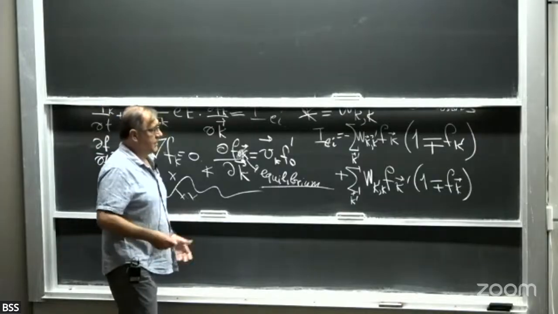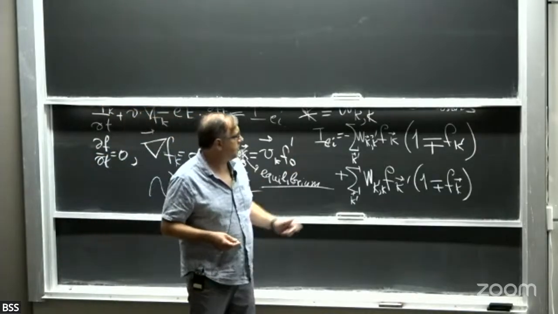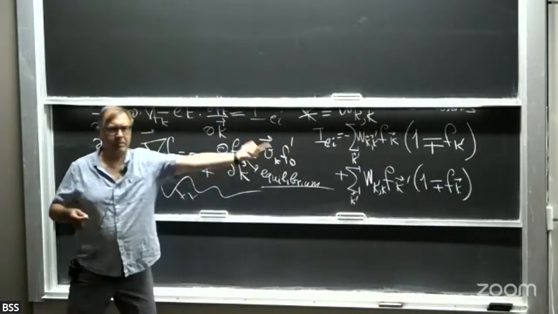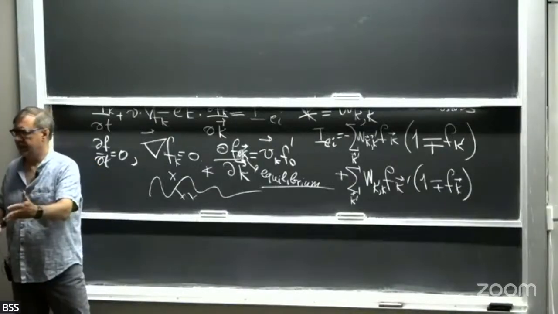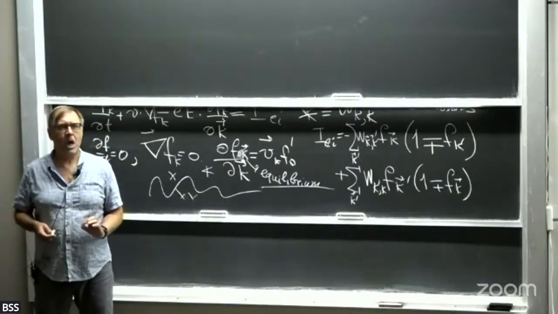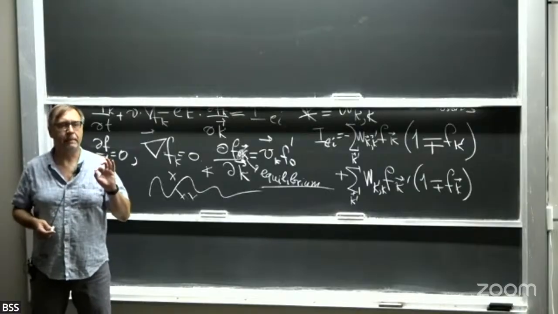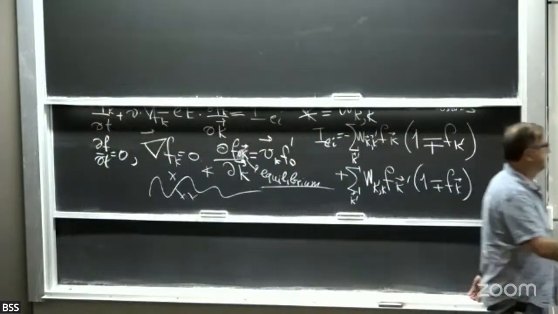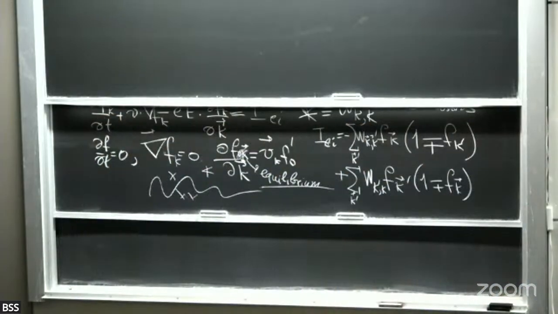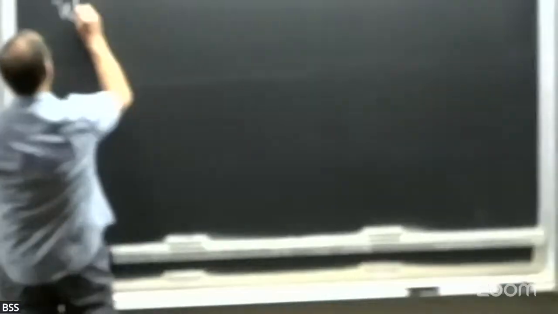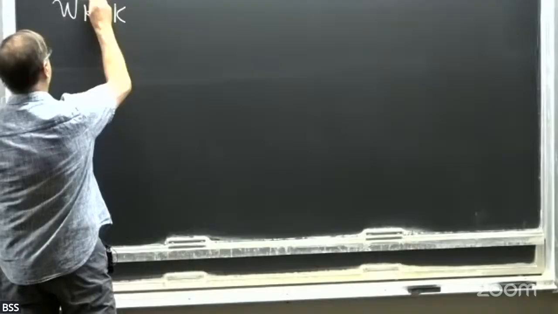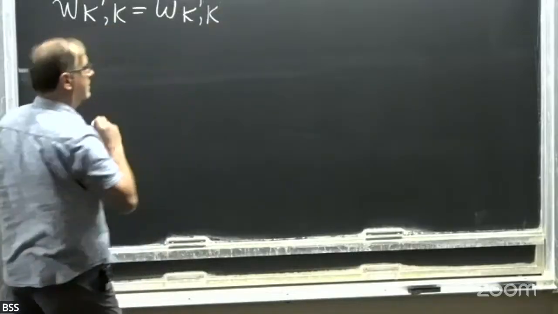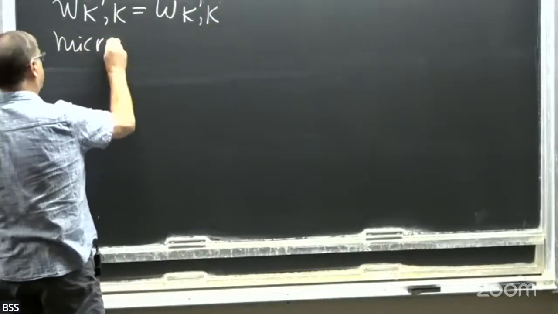What's the next step? Next step says, oh, it's obvious that W from k to k prime should be equal to W from k prime to k. It's obvious, right? It's called, by a long word, the micro-reversibility principle. Okay, so if we do that,